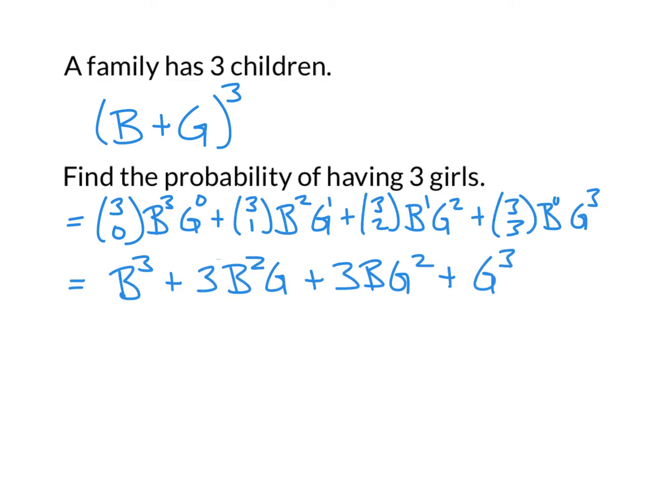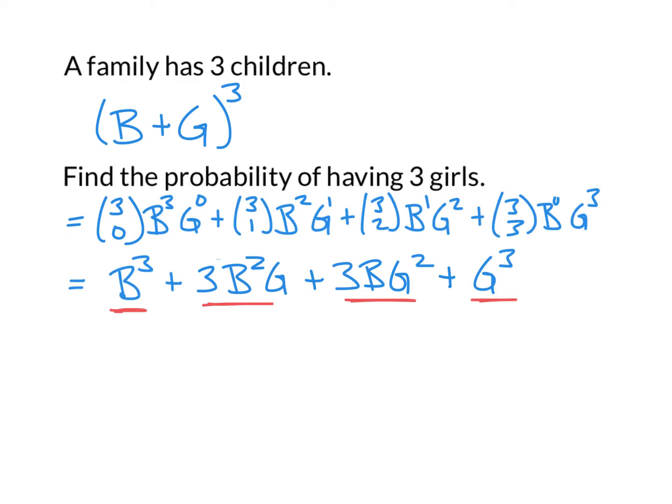Now, seeing this entire expansion is actually kind of clever, because what we see is all 4 different possible situations. The first term represents that situation where all 3 of the children are boys. In the second term, we have a situation where we have 2 boys and 1 girl. The third term is 1 boy and 2 girls, and the last term is a situation where all 3 are